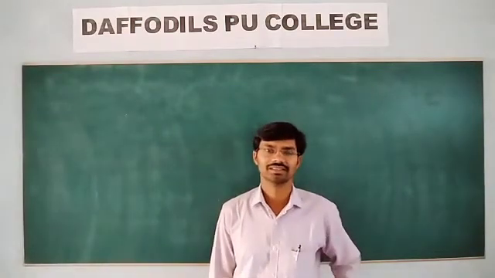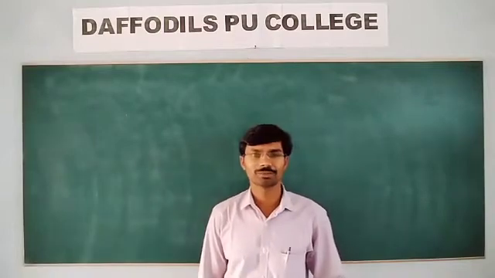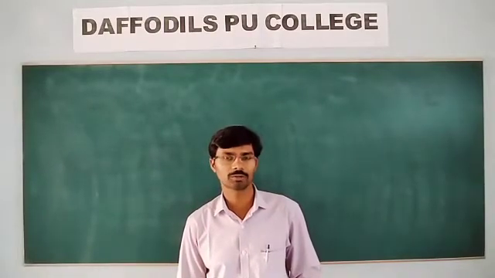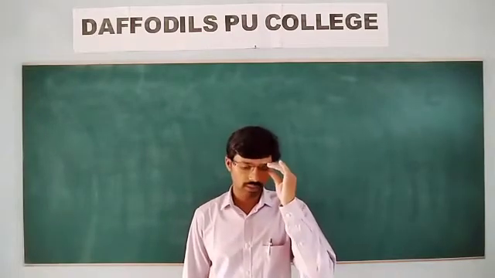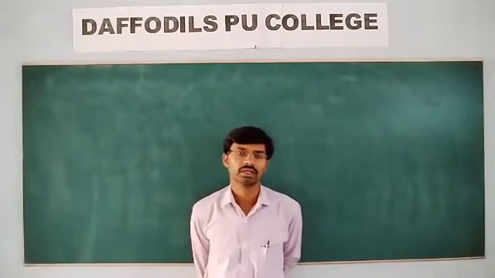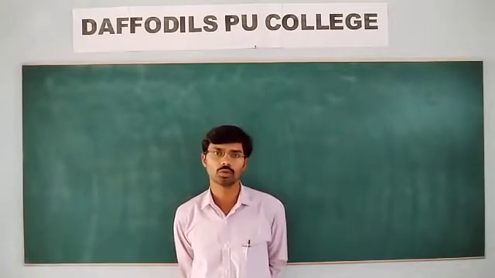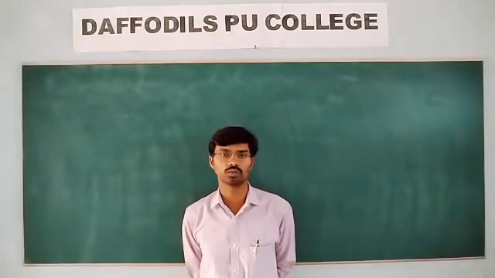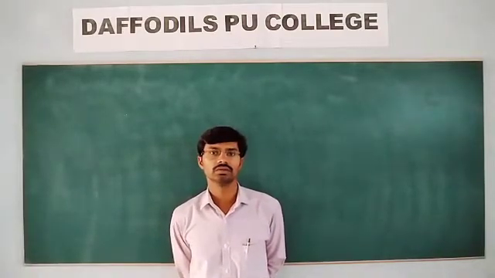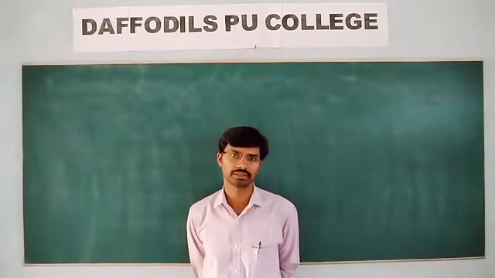Hello students. In the previous class we discussed what we mean by potential, the potential due to a point charge, how to calculate it, and what the unit of electrostatic potential is. The unit of electric potential is the volt. 1 volt is 1 joule per coulomb. So how do we find the electric potential due to a dipole at any point?